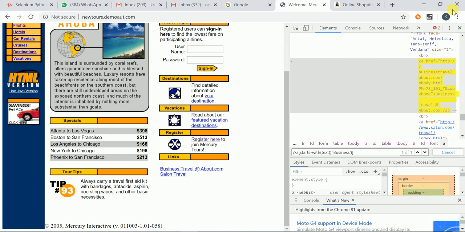Starts with is not only for link text, any attribute we can use it. If you don't want to give the complete link text or complete attribute value, then you can use starts with. You need to give the beginning of the text. And also in real time, sometimes after the starting text, the rest of the text changes continuously at runtime. We cannot identify using that text. Then also we can use starts with. Okay, fine.